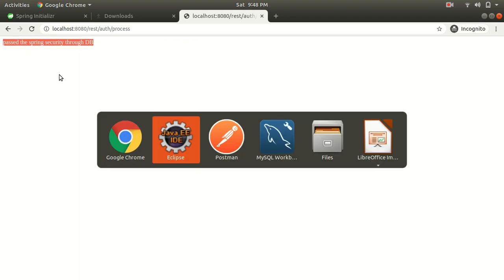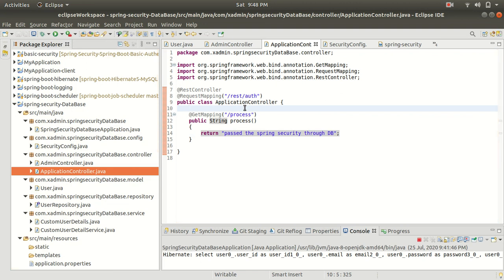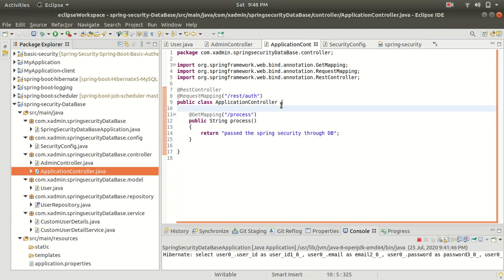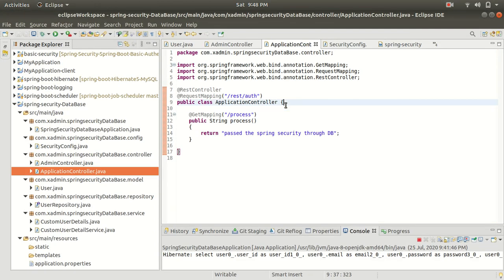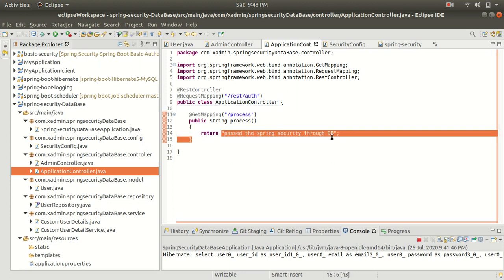So it is going to authenticate the username from the database. As we enter the username and the password in our login page, it has gone to the database, and it has checked the username and the password from the database. If it matches, then only it passes and it gives the response, the dummy string.